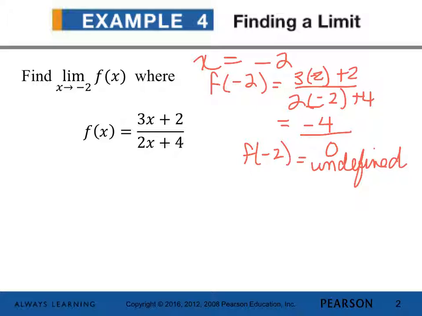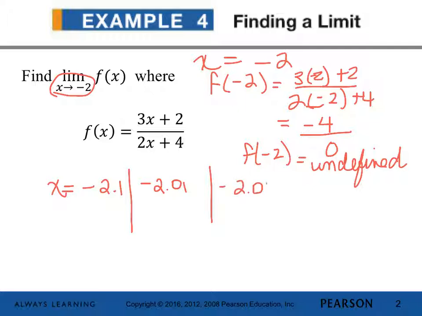But we're not really interested in what happens at exactly negative 2. We want the limit as x approaches negative 2. So numbers a little bit to the left of negative 2 would be numbers like x equals negative 2.1, x equals negative 2.01, x equals negative 2.001. And then when we plug those numbers into the calculator,